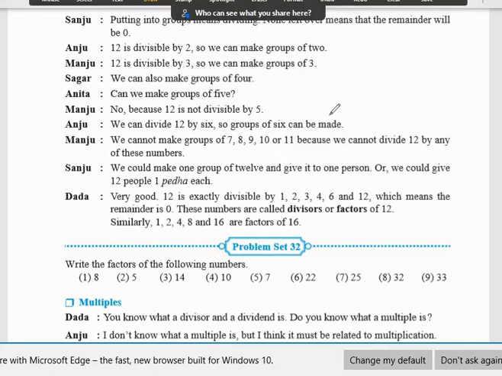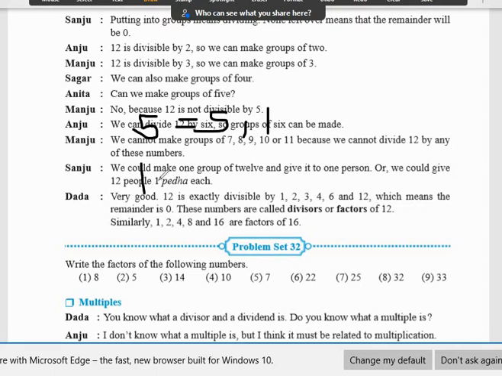Next is 5. Okay. Now see how to find out the factors, or divisors, of 5. Write the factors of 5. 5 is present in the table of 5 and table of 1, and therefore 5 and 1 are the factors of 5. Okay. 5 and 1. These are only two factors of 5.